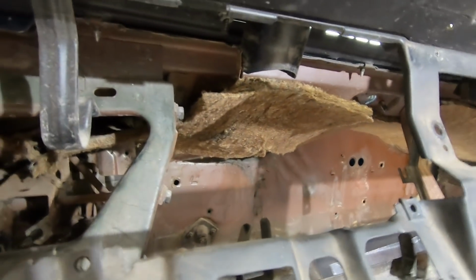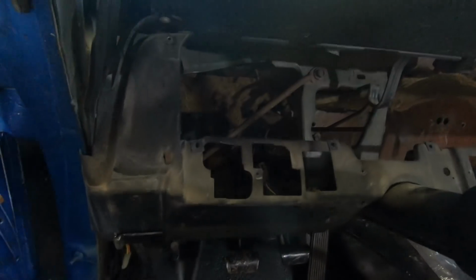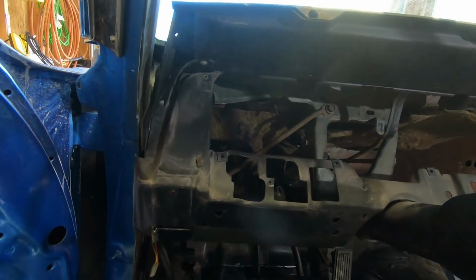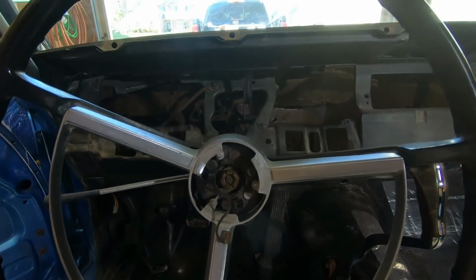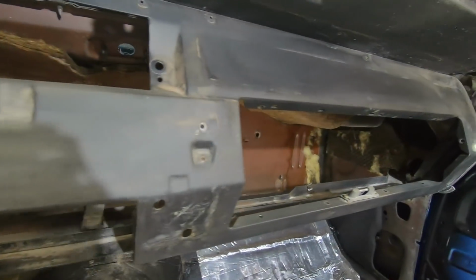And of course, all the rats had gotten underneath the dash in here and chewed up all of the insulation everywhere. So at this point, I have stripped the dash completely, pulled out the wiring harness and the switches, and had to rebuild the switches and such. Today I'm going to pull the steering column, and what I've got to do is clean up this dash, and